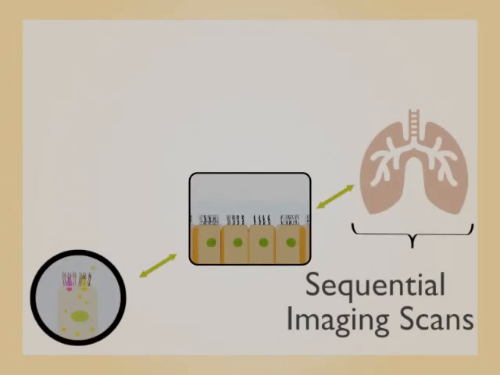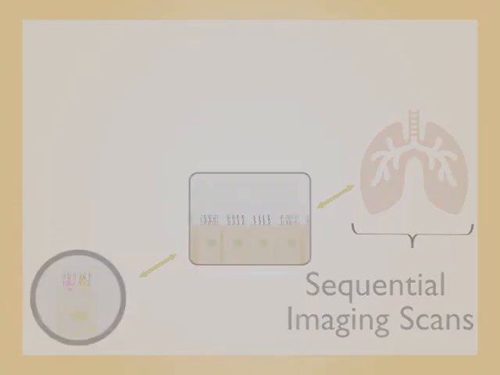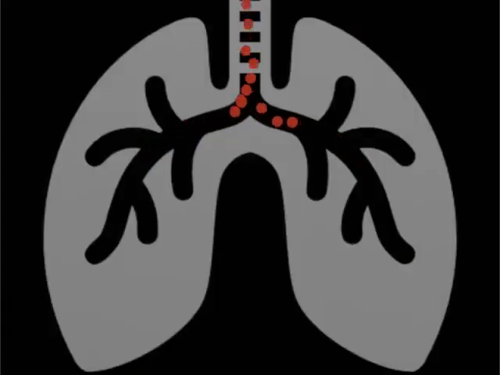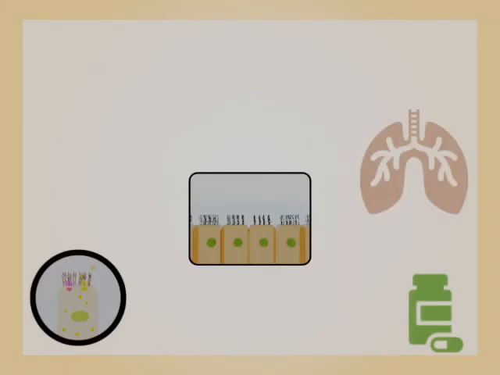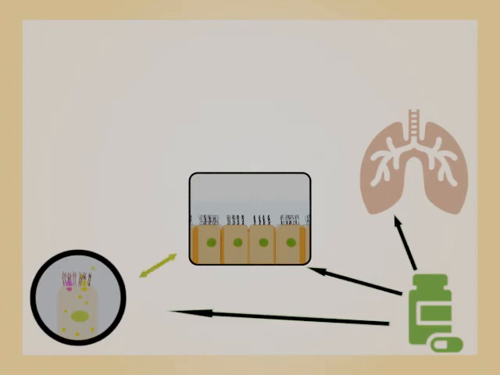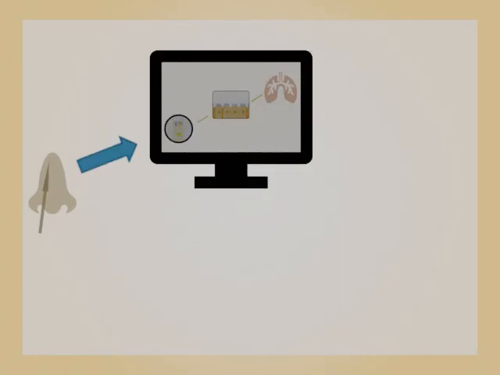At the organ level, sequential imaging scans of the lungs can be captured after the same patients have inhaled radiolabeled particles. By measuring responses to a given treatment at all 3 scales, we can link how properties at the cell scale contribute to behavior at the tissue scale, which in turn gives rise to the response visible at the organ scale. Ultimately, this could allow clinicians to predict, from a simple nasal brushing, how an inhaled therapy would affect a